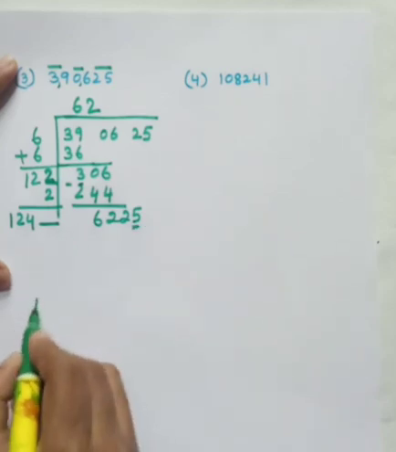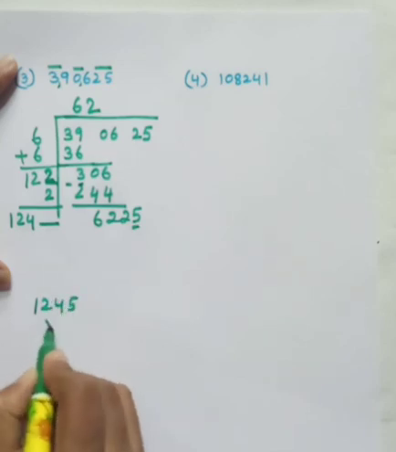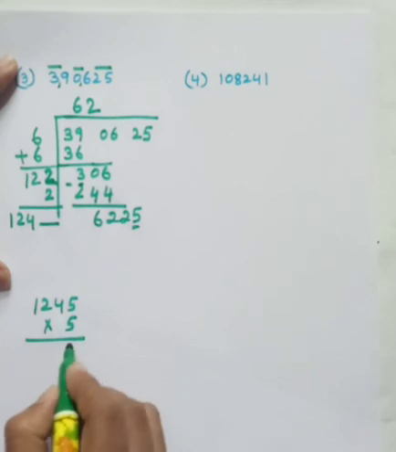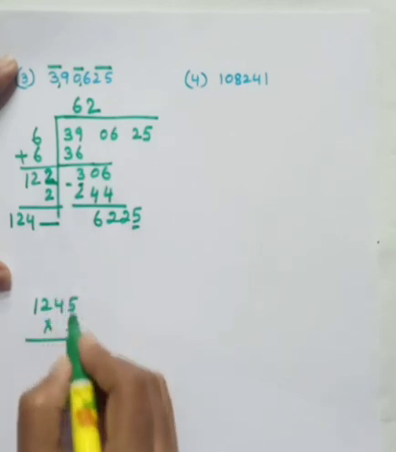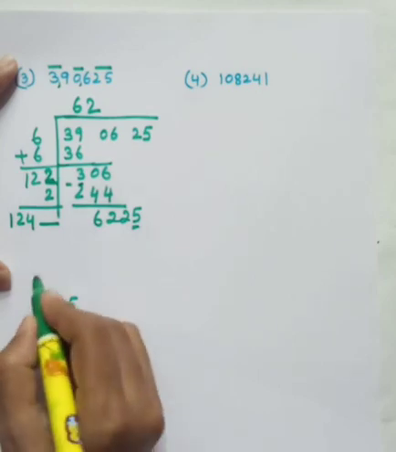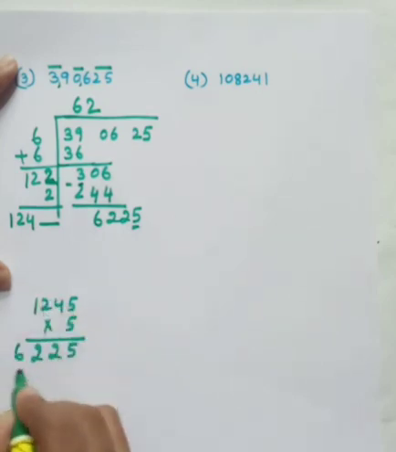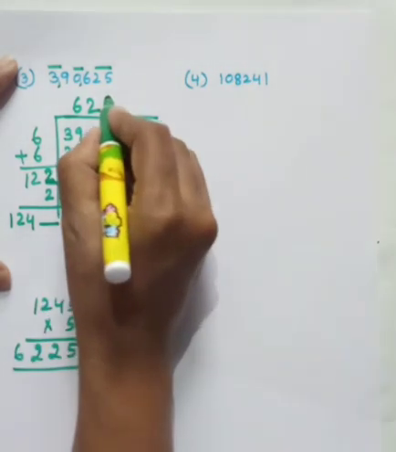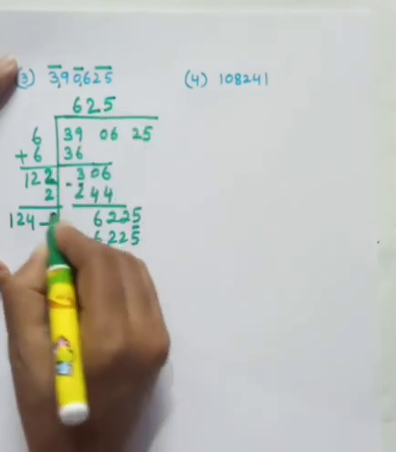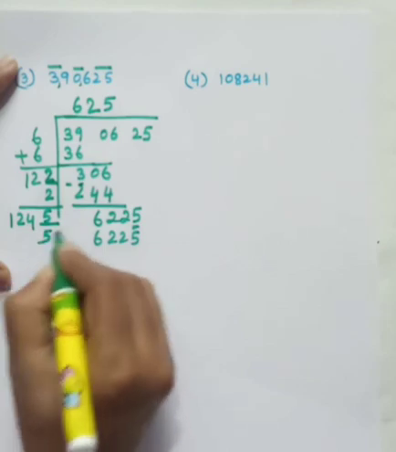So let us see 625 into 5 in the rough place, whether it is working or not. 5 5s are 25, 5 4s are 20 and 2 is 22, 5 2s are 10 and 2 is 12, 5 1s are 5 and 1, 6. See, 6 2 2 5. So we are getting 6 2 2 5 here, again 5 here, and then 5 for addition here.